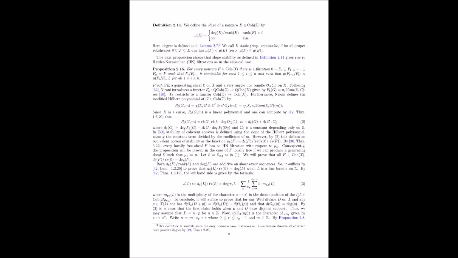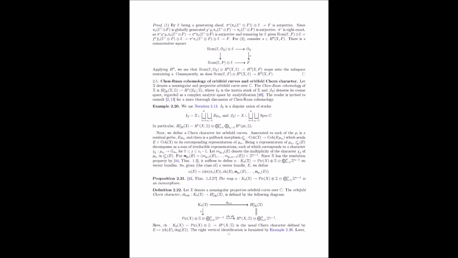So for an orbifold curve, the Serre dimension is always 1. Exactly. It's simple and elegant. Yeah, okay, but as you might expect, the global dimension is a little more elusive. It is. So to understand it, they first have to show that the space of stability conditions on the